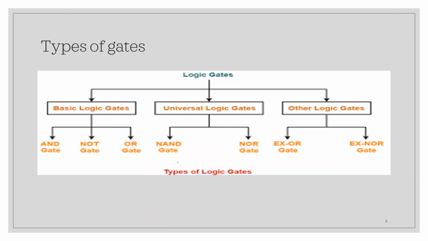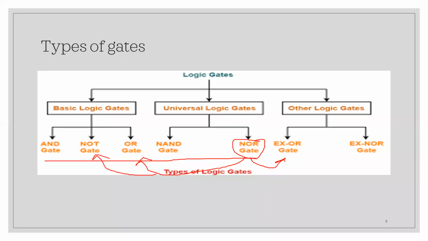I hope you remember these things, and you have used KMAP and the QM method. Whichever methods are required, you have to utilize them, get the expression, and try to implement it using either the gates or any other methods. Using universal gates you can implement any of the other gates or any other logic, let it be an expression, let it be anything else. You can implement even the XOR gate and the XNOR gate.